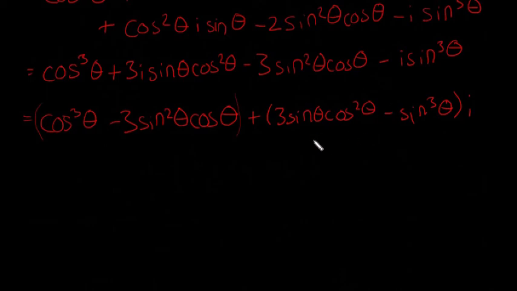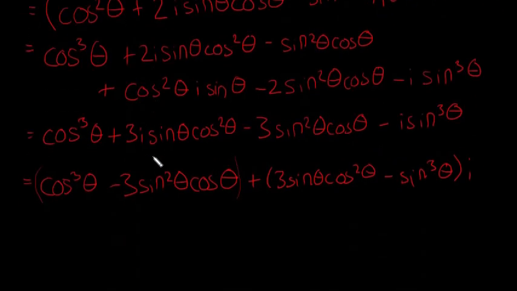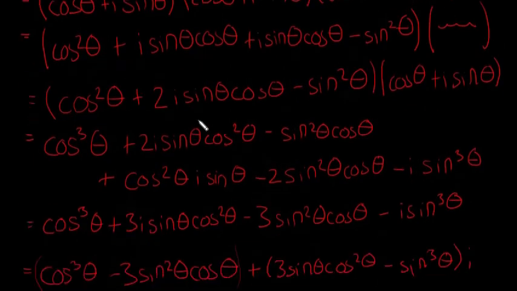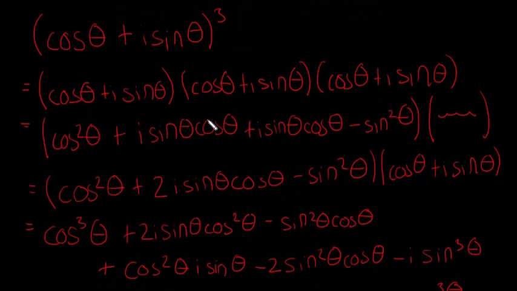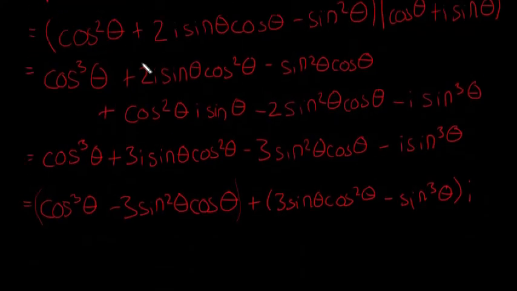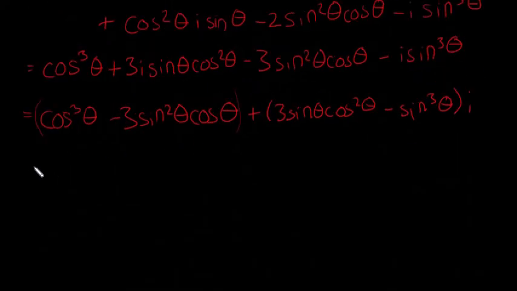Okay, so once we have that, then we can look at if we use de Moivre's theorem to do this. I'm going to do this in a different color. So sorry, that's a big block of red, but hopefully that all made sense. You can just pause it and go back if anything doesn't make sense. It's just long and arduous, but it's just about getting the right answer. Try not to make any mistakes, and then the question should be fine. If you start this and you make a mistake, it's fine, because at least the examiner knows you're on the right track. So then your next step is going to be